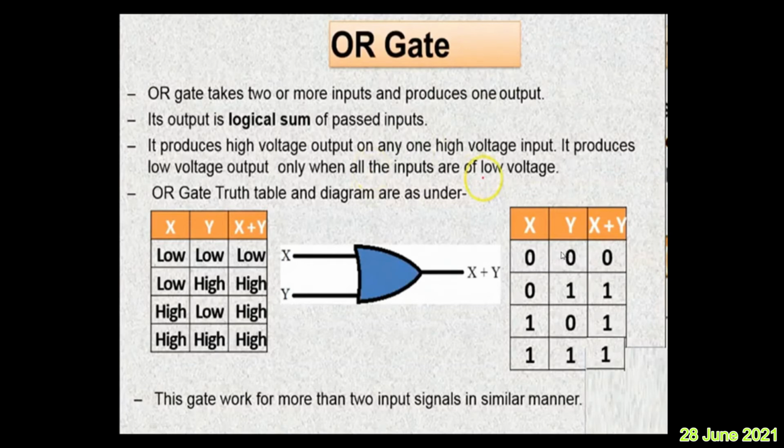So if any one of the inputs is 1, then output is 1. If all the inputs are 0, then the output is 0. This gate works for more than two inputs also. Okay, understood? In the same manner, instead of 2, if there is x, y, z, the same rule is applicable, and if x and y are inputs, then x logical sum y, rather than saying x plus y, what we should say is x logical sum of y, x OR y, it is called. Getting the idea? Understood? You see clearly the symbol of your OR gate.